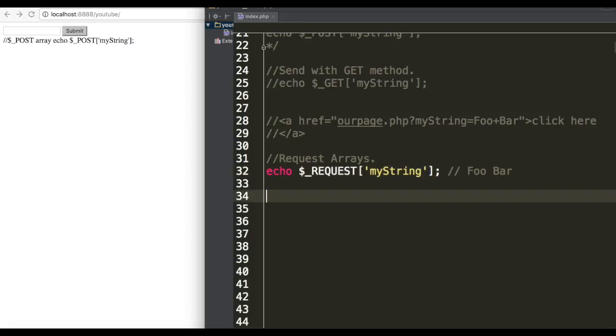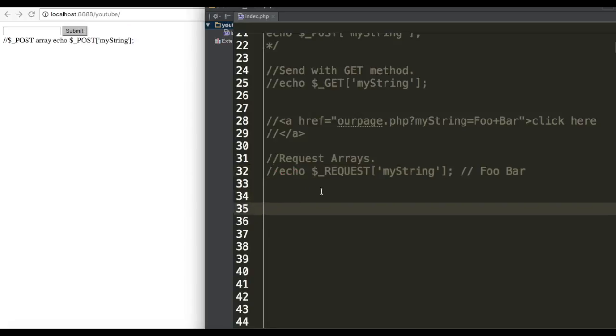Alright, so next, let's comment this out. That's simple, guys. If you want to learn more about request arrays, just visit the php.net website and search for request arrays, and you can learn more. So next we are going to learn about security